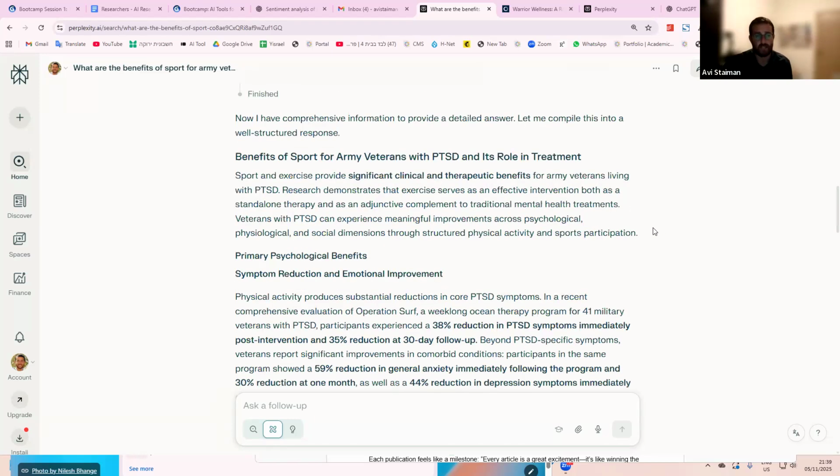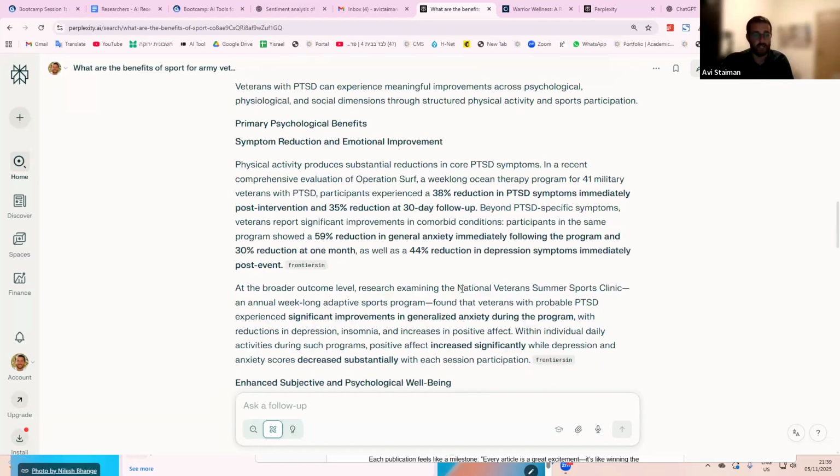And when it's all said and done, it goes through and gives me an answer, which, of course, you need to read, you need to analyze, you need to be skeptical about. Even with RAG tools, you need to make sure that you're thinking and that we're not giving up our agency.